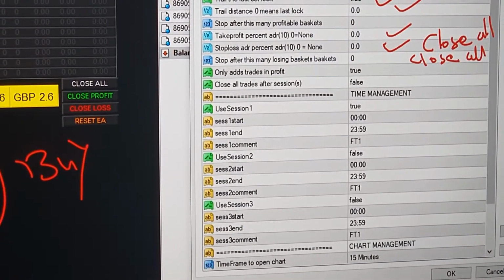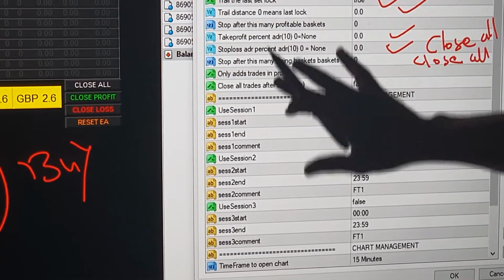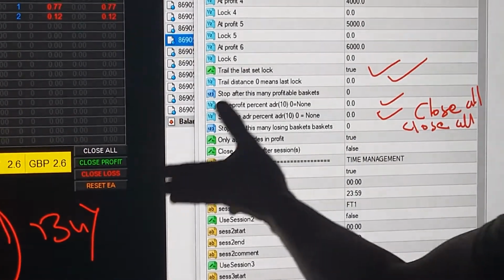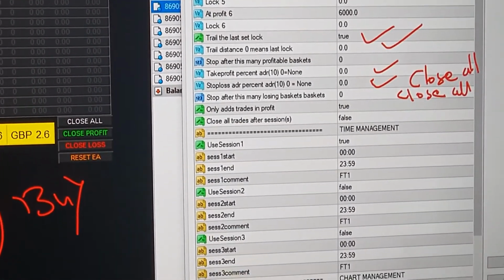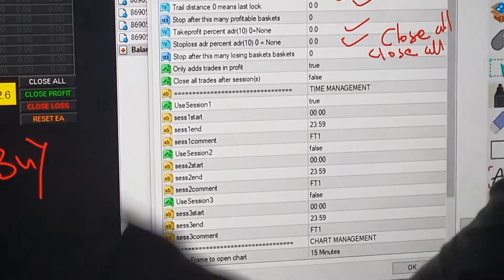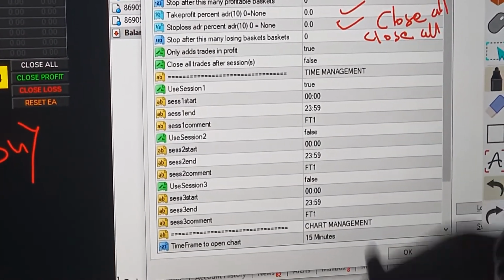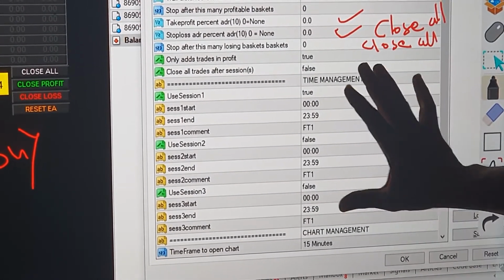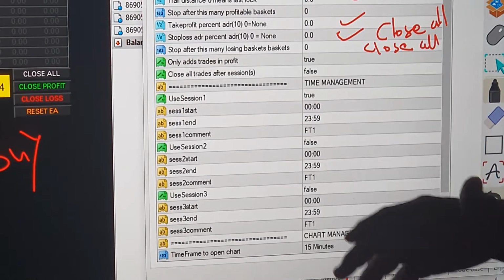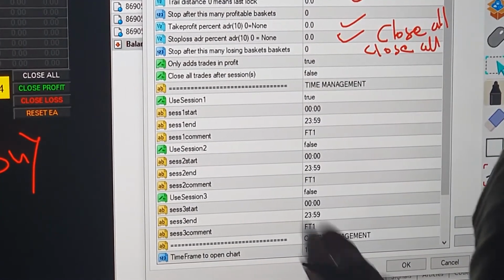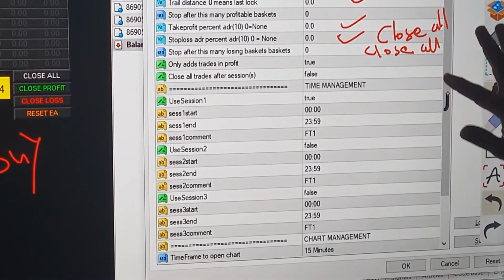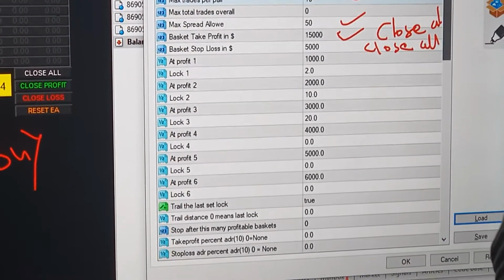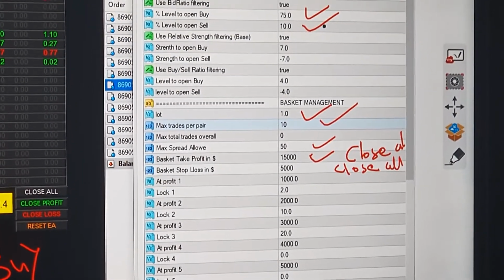Okay, so after that these are some of the technical points, and this is the time you can use the session: what time to start the trade, what time to end the trade. These are all technical points which our executive will guide you on once you purchase this MT4 tool. We will guide you on how to select the session, what time to keep, and what the best timing to trade is. So this is the complete setup file, and we will just press OK.